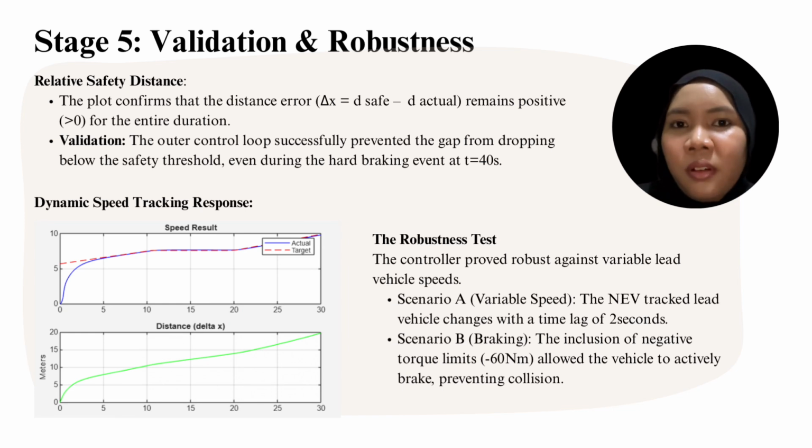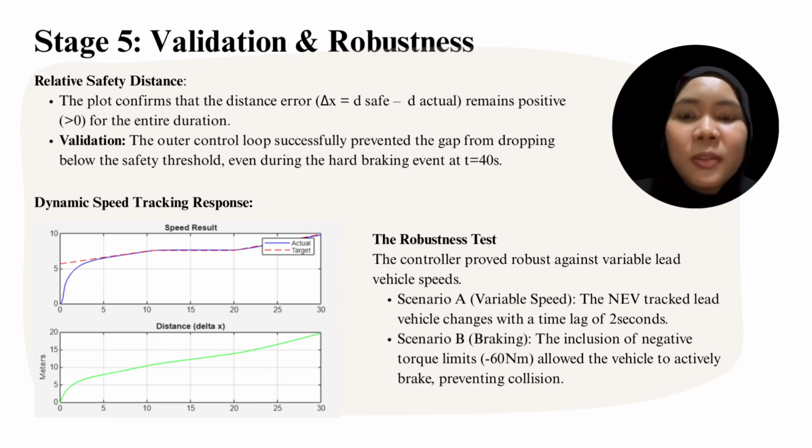Notice on the previous graph, during acceleration, the ego vehicle, blue or yellow, maintained a slightly lower speed profile than the lead vehicle, which is orange. This wasn't a failure to track, it was the outer loop functioning correctly, and it intentionally created a velocity deficit to build up that essential safe following distance before matching the leader's speed. Furthermore, even during the hard braking event, the controller reacted quickly enough to prevent the gap from dropping below the safety